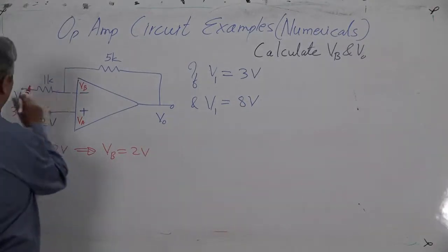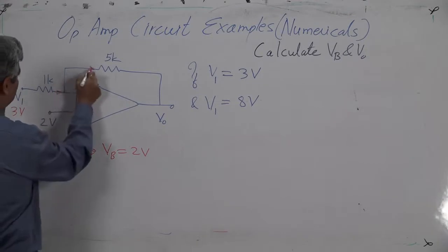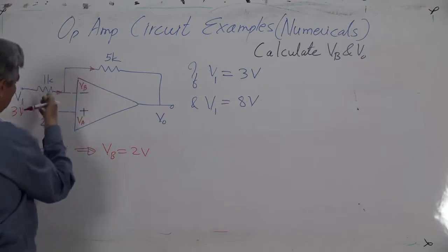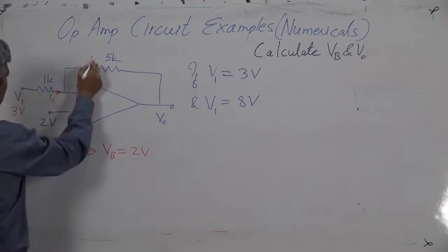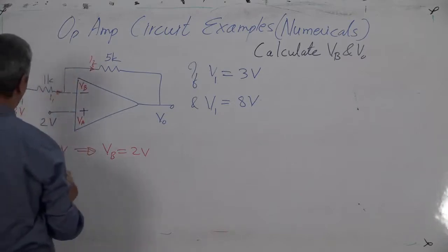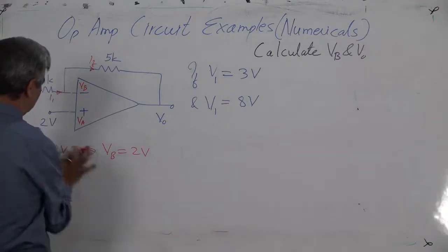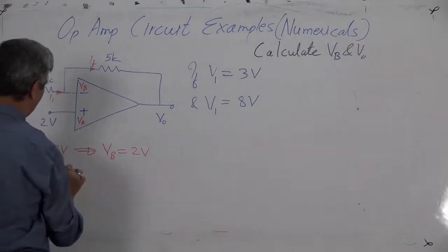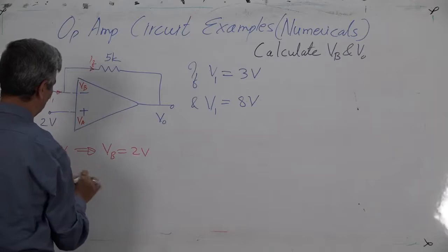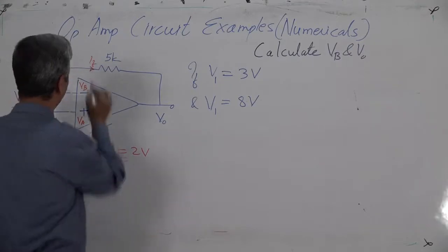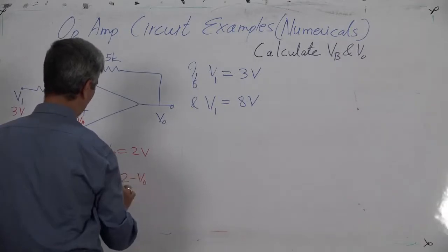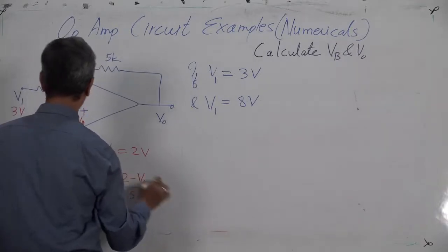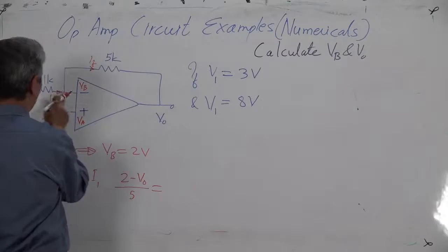So, this current is equal to this current, I1 and this is IF. So IF equal to I1. What is IF? IF is 2 minus VO upon 5